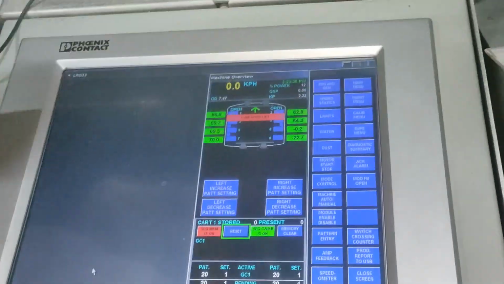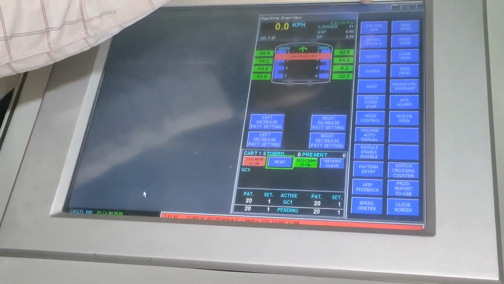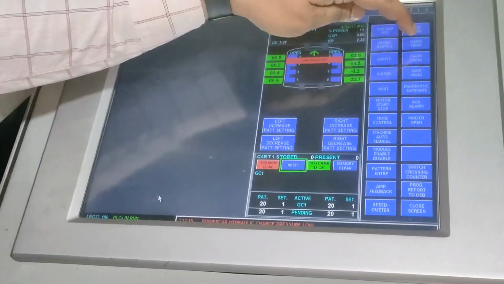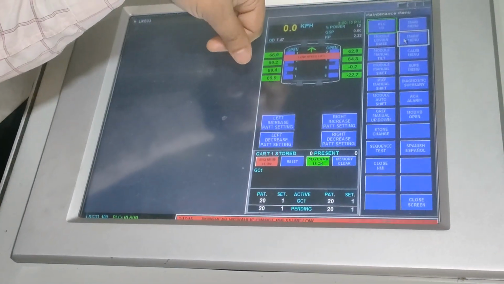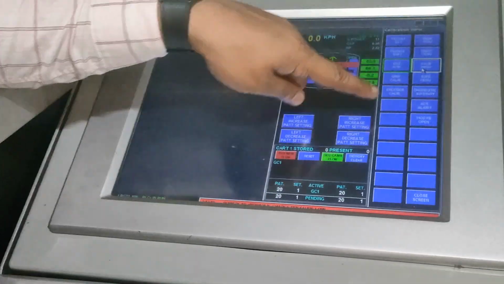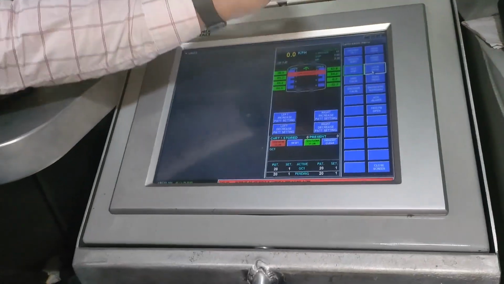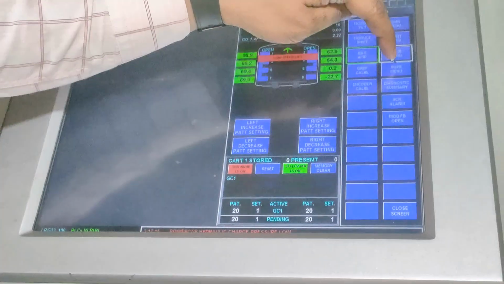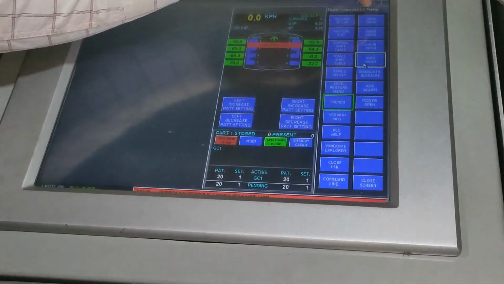So these are the 4 main options. This is the main menu options. If I touch the maintenance menu, you see now the options have changed. Clear, not clear? Yes, sir. If I touch this calibration menu, see now again the menu is changed. So what I was saying is this is the fixed menu and this part changes as per what I touch over here. For example, this is the superintendent menu. Again, it is changed. So for example, the main menu is there.